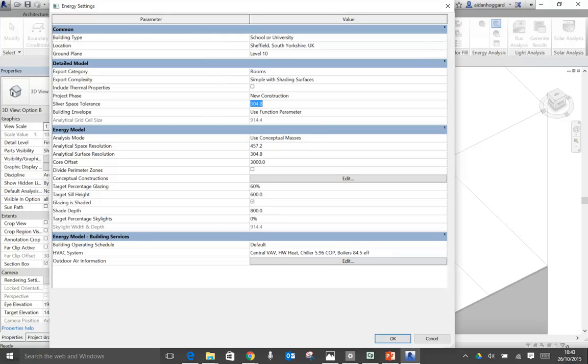So in America, in the United States, they still work in feet and inches. We don't, luckily. So the reason it's that odd number is it's 12 inches, 1 foot. And you don't need to change it. What it actually is talking about, it's quite a useful parameter. What Revit will do